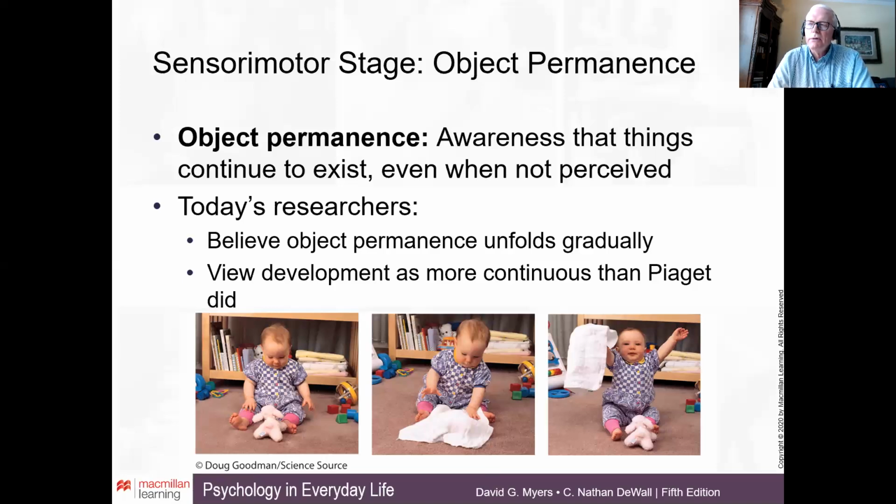So how is object permanence related to language? Well, for us to be able to learn words that stand for things, it helps if we appreciate that these things exist independent of our immediate experiencing of them. If I were to say the word bullfrog to you, you could picture in your mind what a bullfrog looks like, what it sounds like, even though the bullfrog is not in your immediate presence.